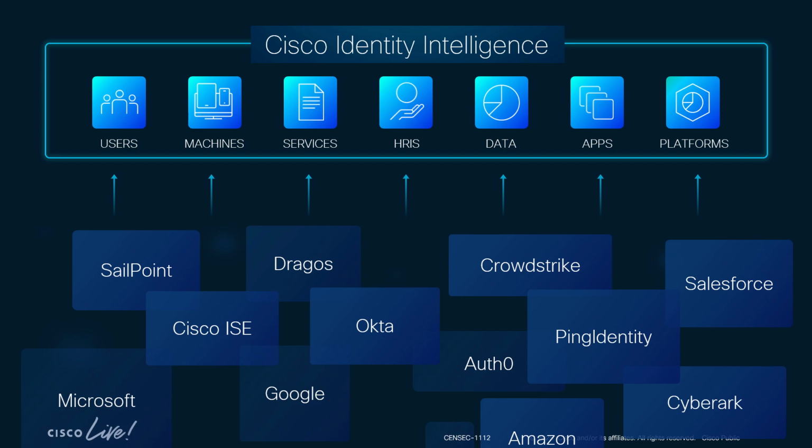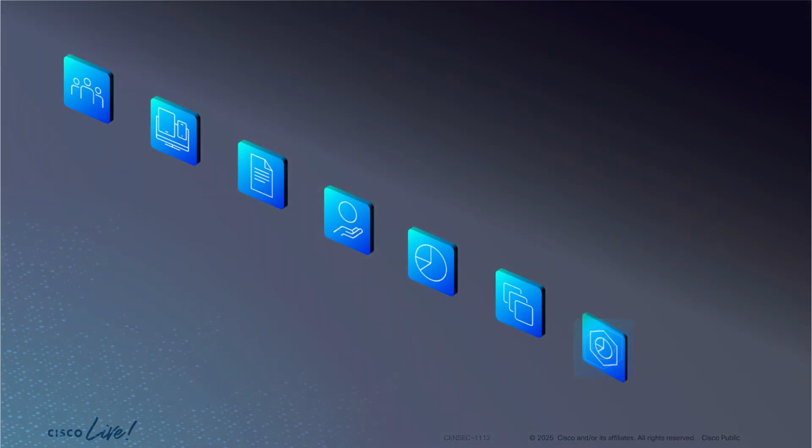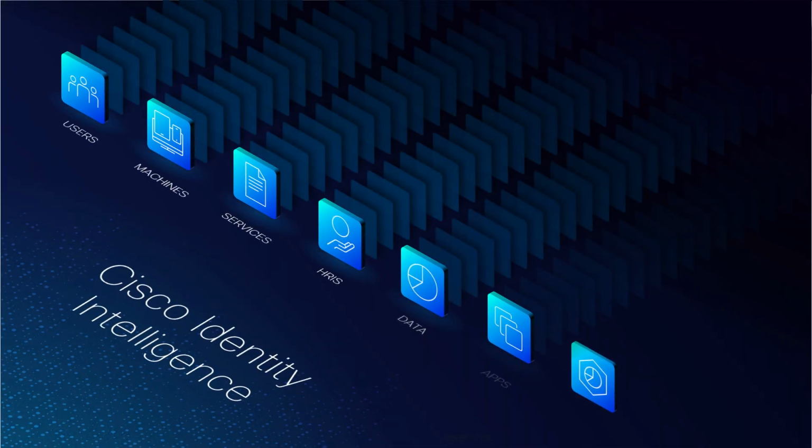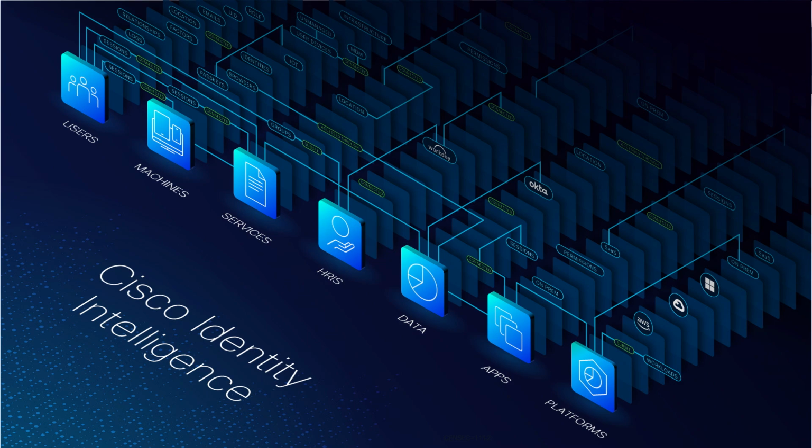Under the hood, it's basically a graph database, right? What it does is pull the different identities from the different sources, and then determine, hey, who are the users? What device are you on? What application are you accessing? Where are you coming from? Are you coming from Amsterdam? Are you coming from London? Hey, is there potentially an impossible travel scenario, right? Those are the kind of patterns that we want to be able to use. And then we leverage this intelligence in our policy engine, right?